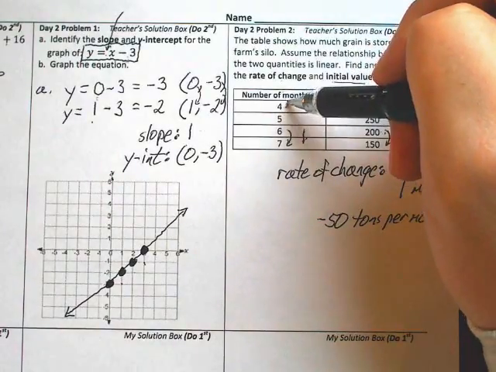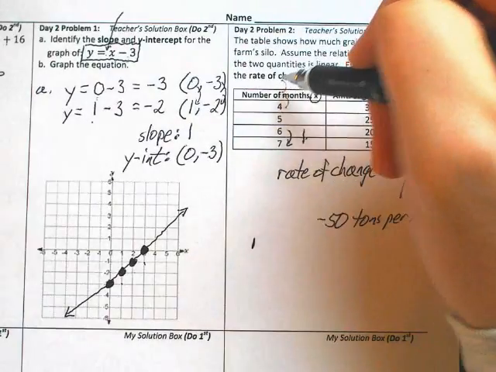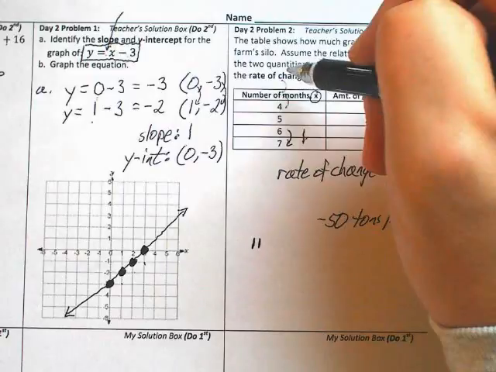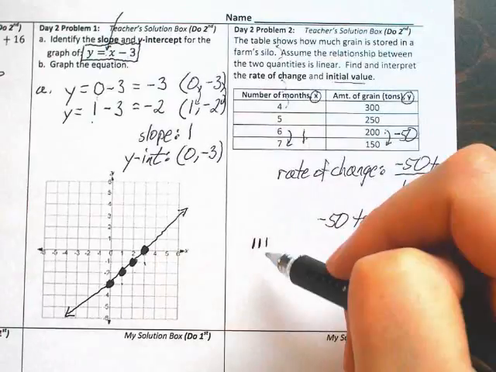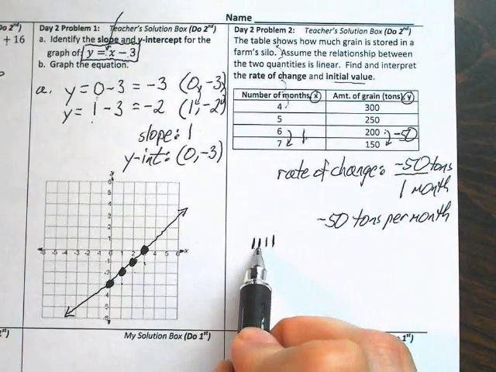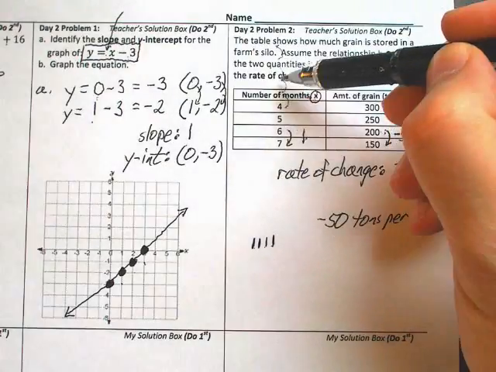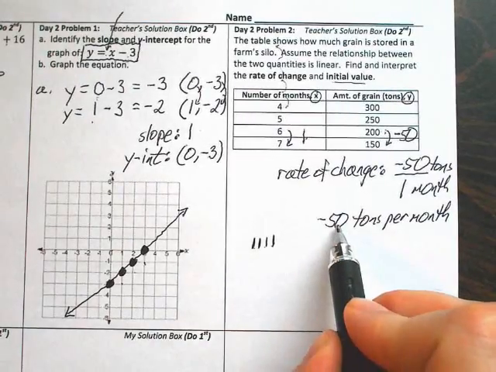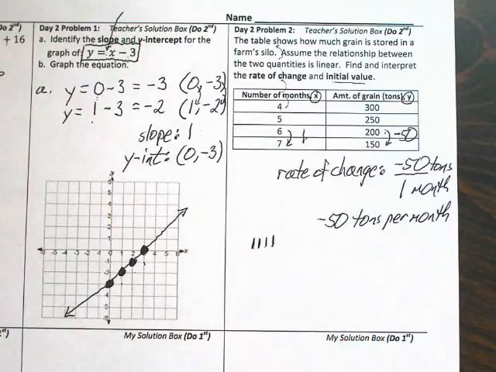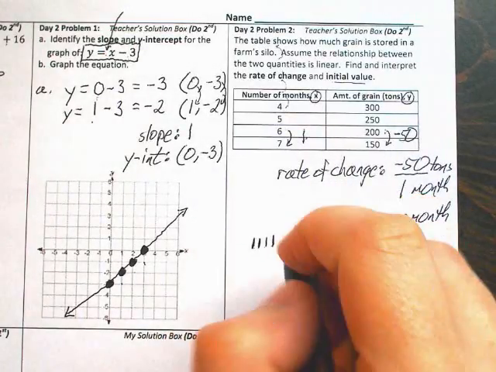Now, backing to 3 months would be 1 month backwards, and then from 3 to 2 months would be another month. From 2 to 1 is another month, and from 1 back to 0 is another. Counting up my tally marks, I need to work back 4 months, right? From 4 months to get to 0 months, I need to go backwards 4 months. Recall that the rate of change is negative 50 tons each month, and we need to go back 4 months. So we can start with the fact that in the 4th month there are 300 tons of grain